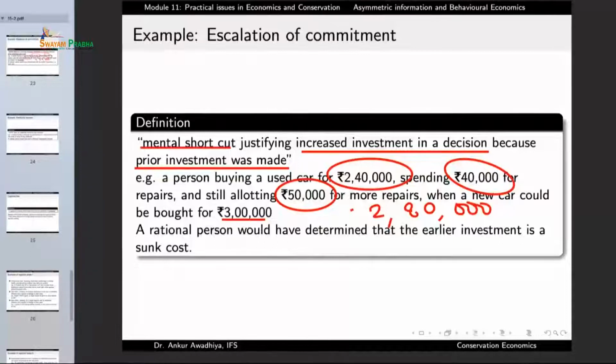Now in this case, people are not doing the computation about what is best for them, but they are just thinking that because an earlier investment was made, so we should do the next investment. So this is a shortcut. Now remember that when we talk about shortcuts, in certain cases they help, but in a large number of cases they also harm us because they give us a solution that is fast, that does not involve a lot of information processing, but that at times also does not give us the most efficient outcome. It does not maximize our surplus. That could have been possible if we went for a rational decision making.